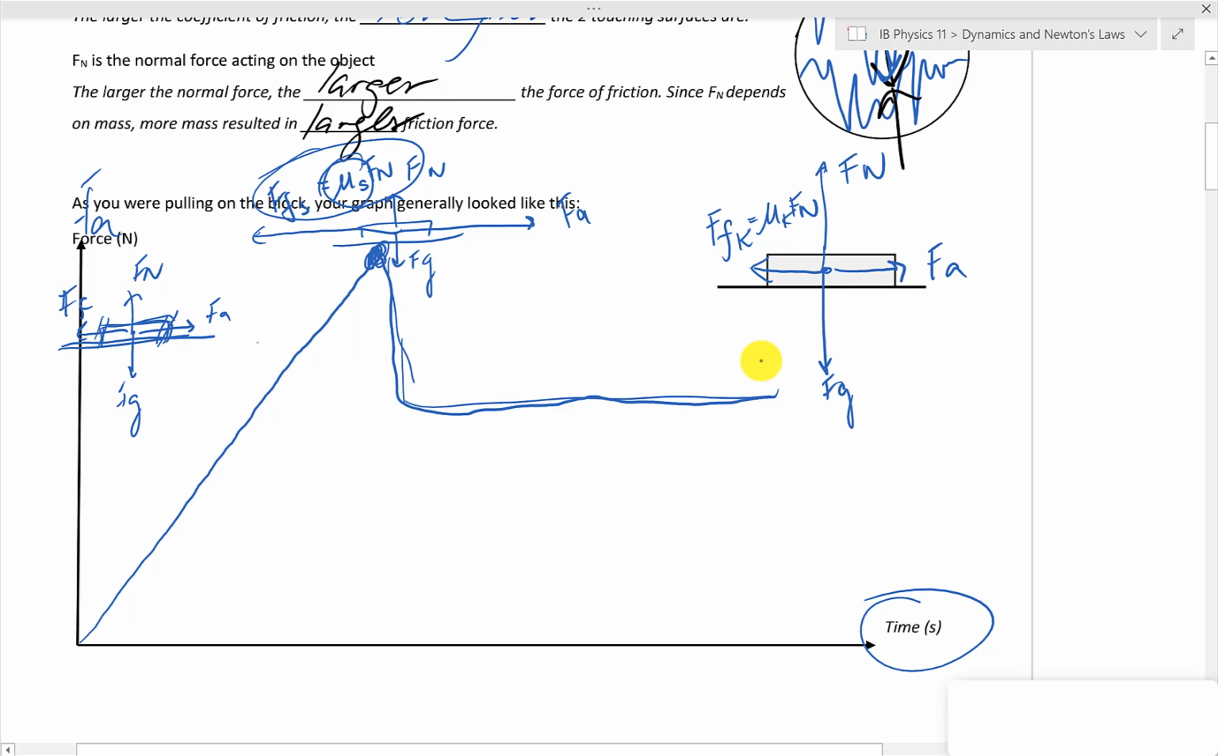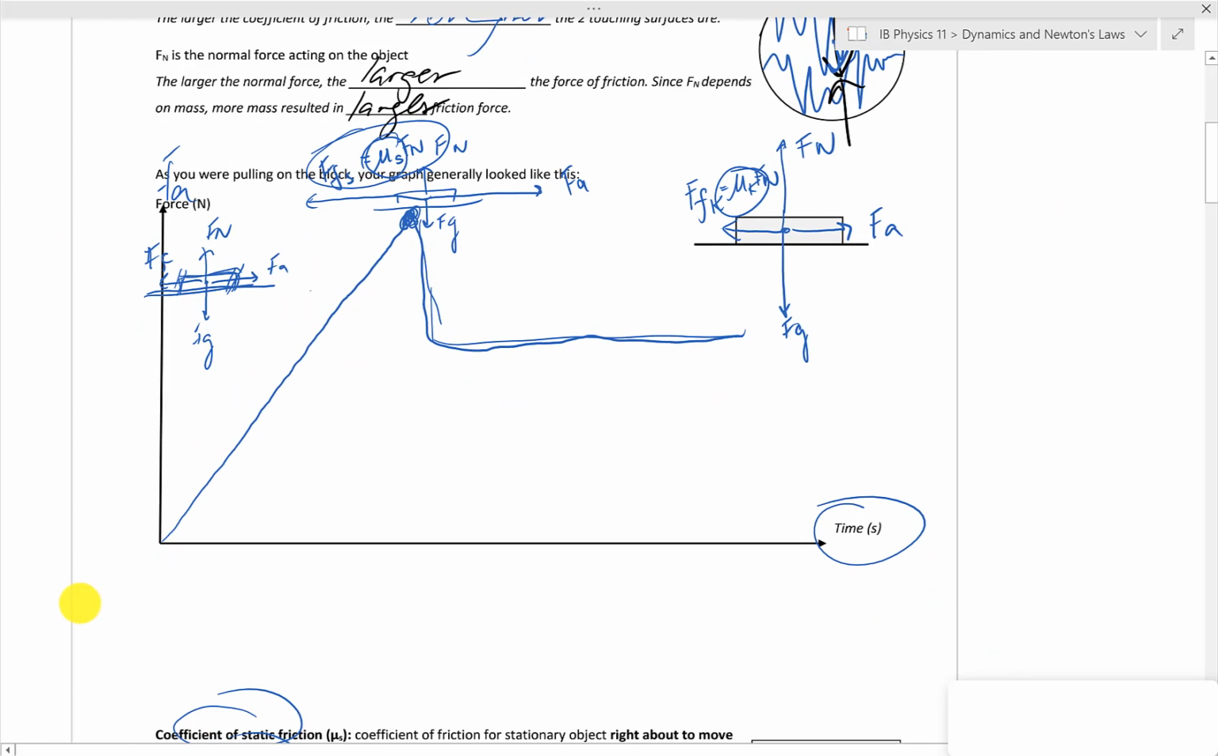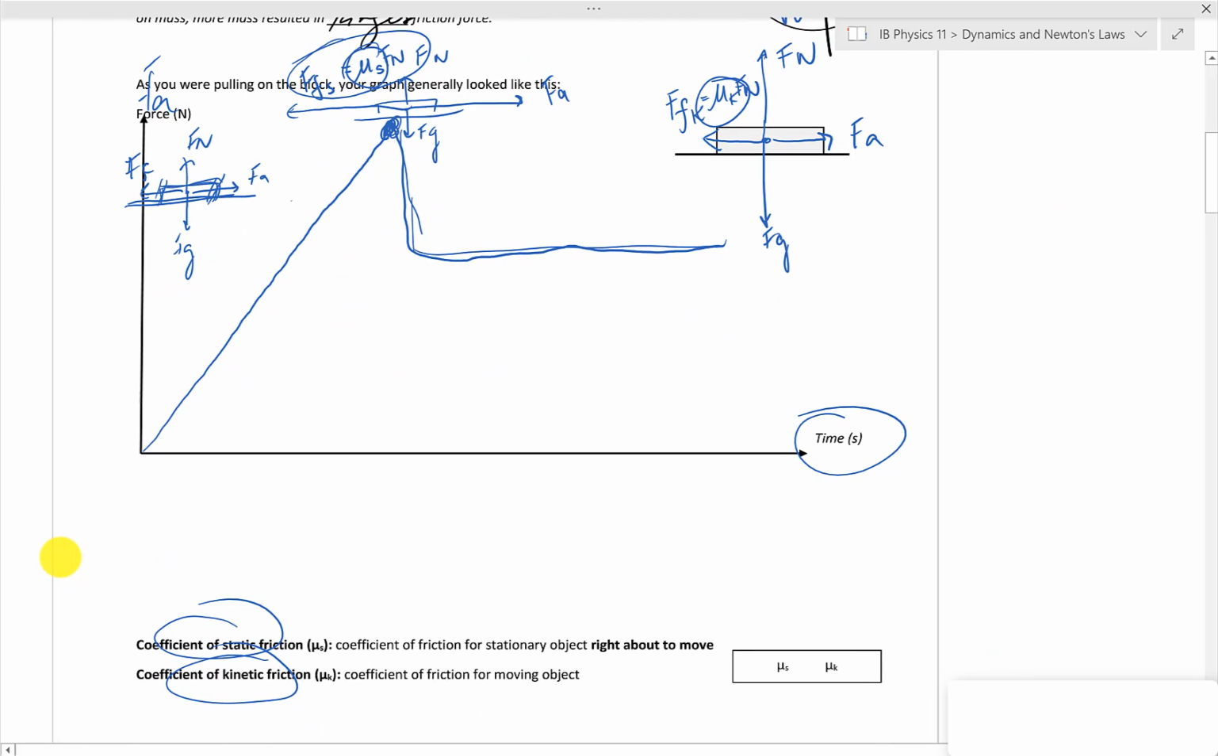Okay, so then when the object, or your wooden block here, is moving across the table, this is when you would use the coefficient of kinetic friction. Kinetic meaning moving, versus static meaning still or not moving. Okay, so that is the key